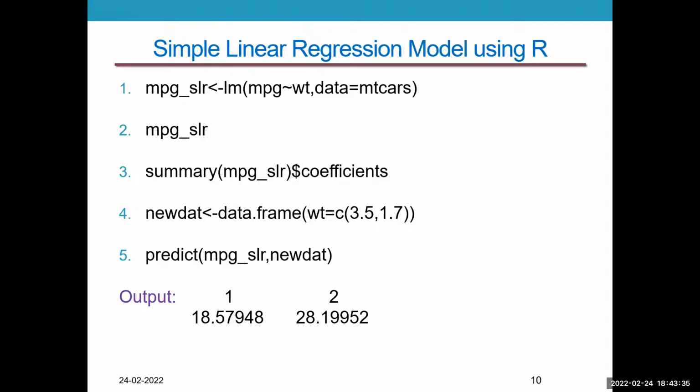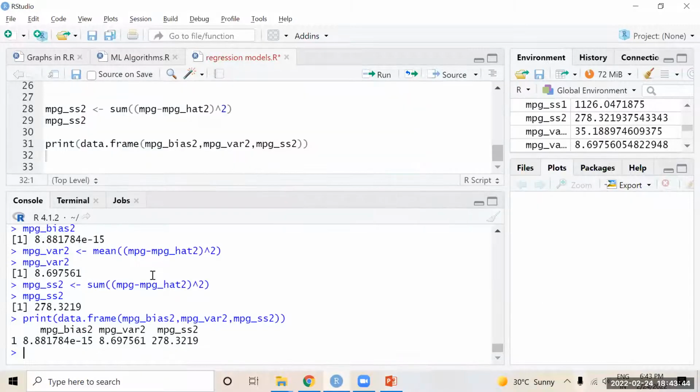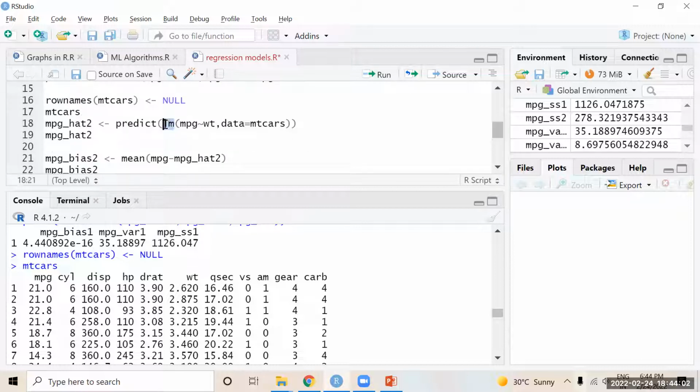Now again, a simple linear regression model, by applying new datasets. What I did up to now: I am taking the mtcars data, removing row names, and taking one dependent variable, which is mileage. The data I am going to supply is weights. In this case, y is mileage and x is weight. For that, I created one model, a simple linear regression. Then I predicted from the model by taking each and every weight of the vehicle, and predicted the mileage. But the model will always perform better on existing data than on new data.